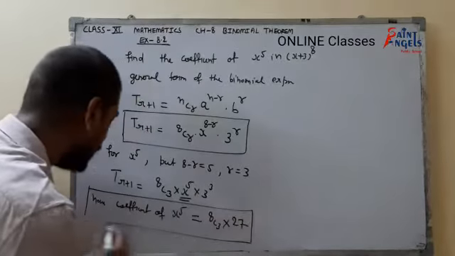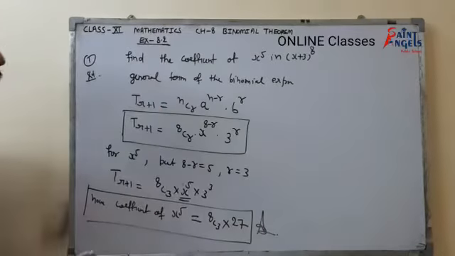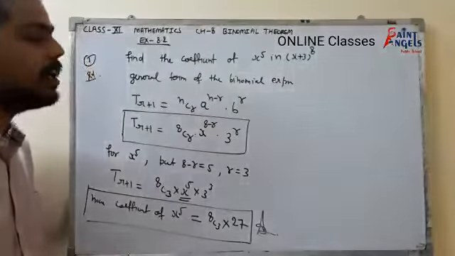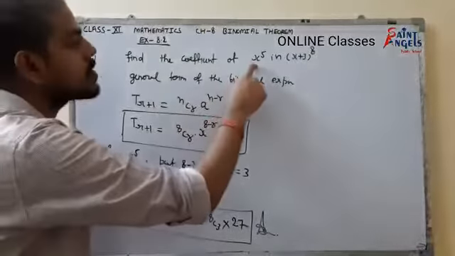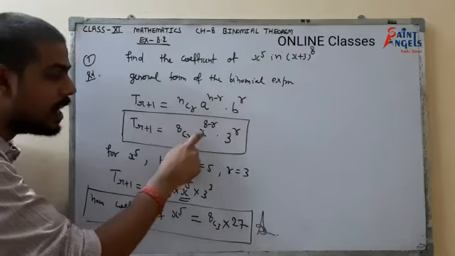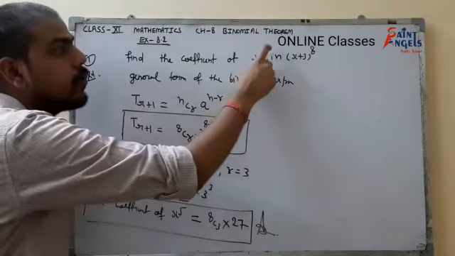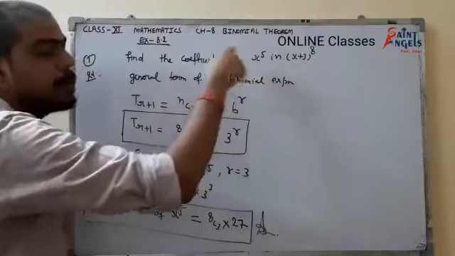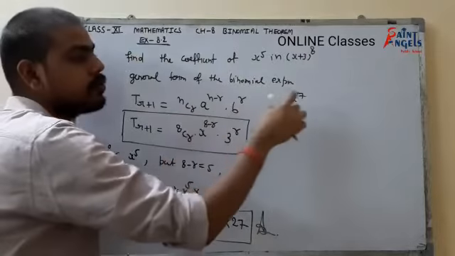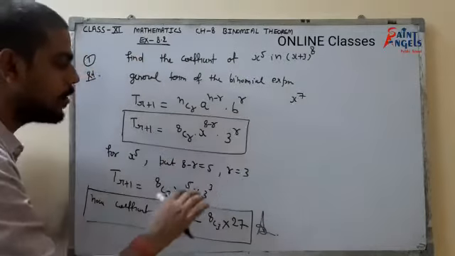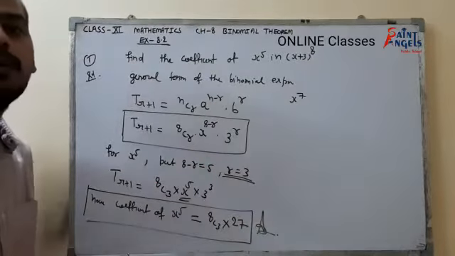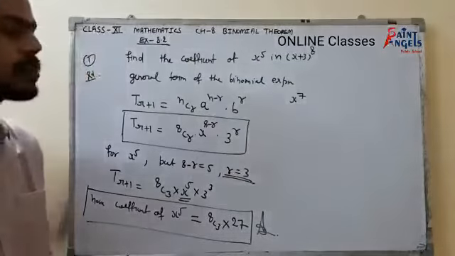I hope it's clear, very easy to understand. First of all, we find the general term, and whatever coefficient we are asked for, look at the index, look at the power of that term. So in this question we have to find the coefficient of x to the power 5. So in the general term, wherever I have x, put the power equal to what has been asked. So I will put 8 minus r equal to 5. Suppose I had to find the coefficient of x to the power 7, then I would put 8 minus r equal to 7. So we have to equate the powers, that's it. By doing so, we can get the value of r, and once we get the value of r, we can easily find the coefficient of any term. Okay, so now please pause the video and note it down.